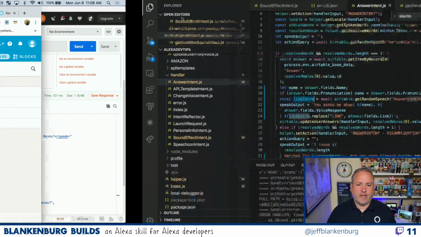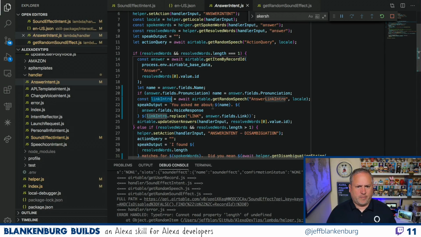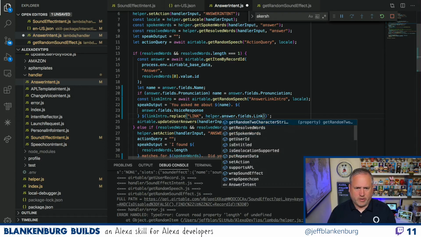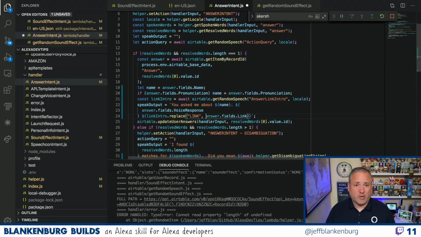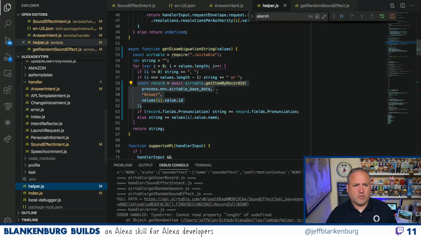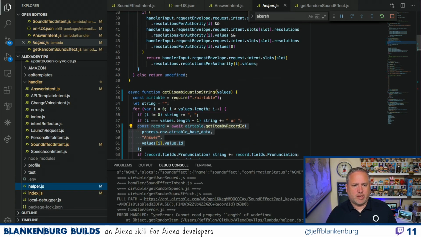So if that's what I'm doing here, then I say replace link with the URL itself. But what I want to do is do a helper. Well, let's not do that yet. We're getting ahead of ourselves. Let's go write that function first. So we go into helper, and this is where we're going to tweak up some alexa.design URLs.